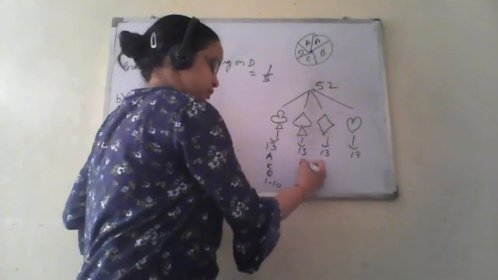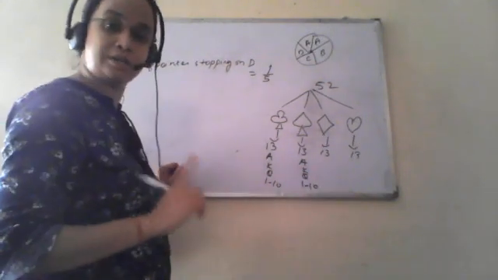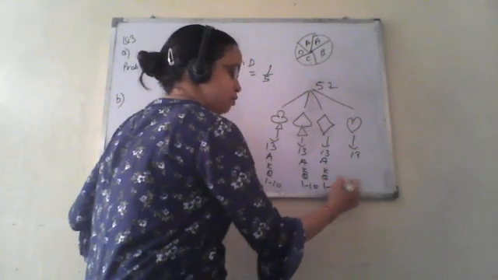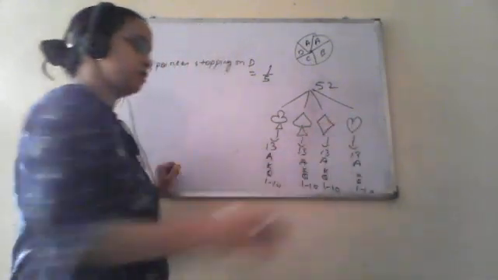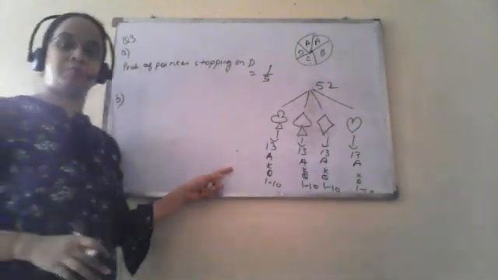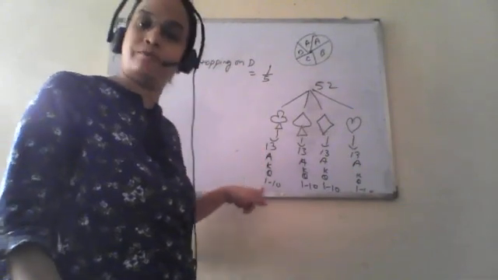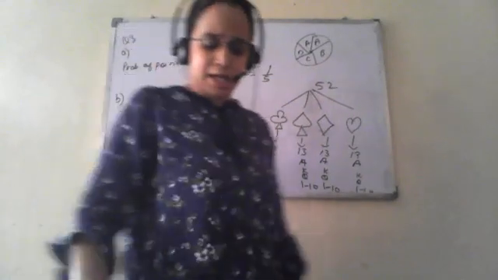Okay, there are 3 face cards in each of the shapes. There will be one ace, one king, one queen, and 1 to 10 numbered cards. Similarly for this group. So these are grouped in 4, and each shape contains 3 face cards, that is ace, king, queen, and 10 numbered cards. So we have to calculate the probability of getting an ace from a well shuffled deck of 52 playing cards.